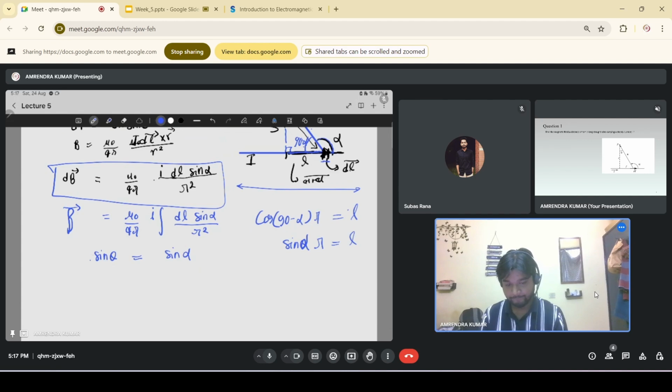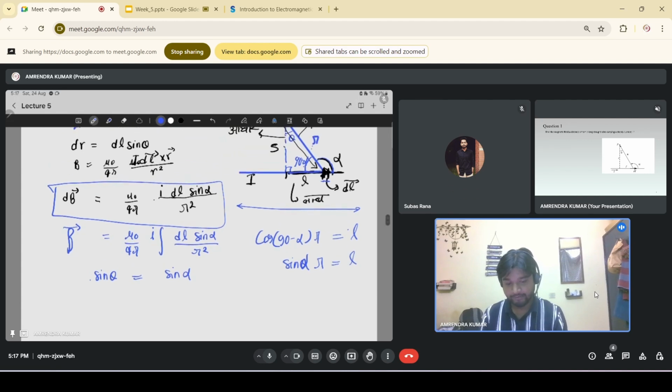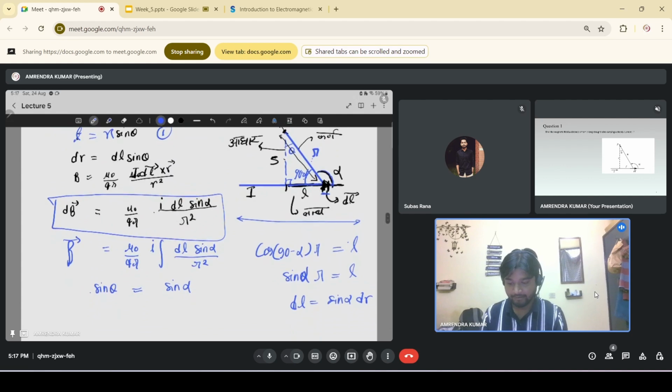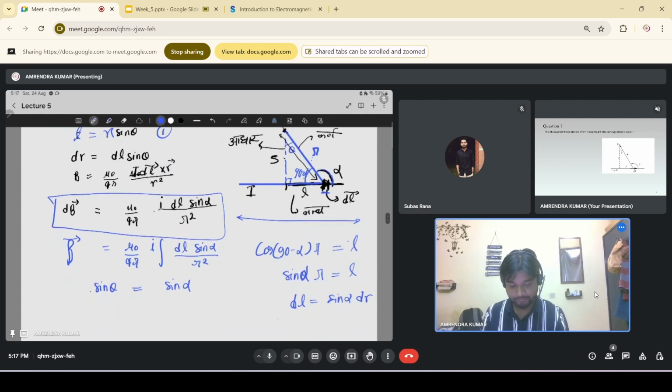तो अभी हमें क्या निकालना है, हमें देखना है कि चेंज कैसे आ रहा है। तो अगर हम यहाँ पर देखें, डी एल इज इक्वल टू साइन अल्फा डी आर, इस इक्वेशन से। और हमें पता है कि एल इज इक्वल टू आर साइन थीटा पहले से दे रखा है, तो वहां से हम देख लेंगे डी एल इज इक्वल टू आर साइन थीटा।